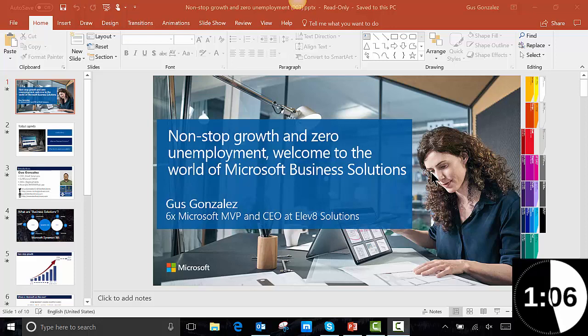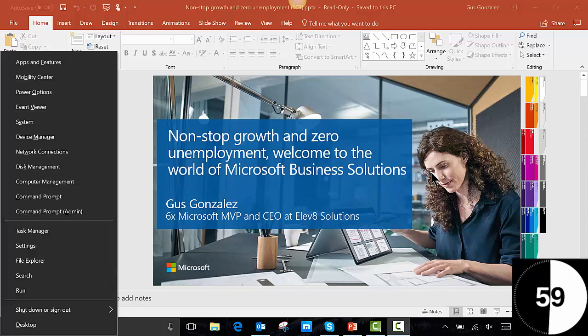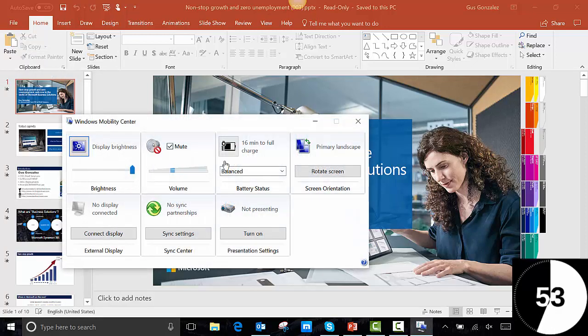So again, on your keyboard, you're going to press the Window key and the letter X. So Window X, and you're going to get this menu on the left side of your screen. Here we're going to click on Mobility Center, and here you're going to click Turn On to turn on presentation settings. When you do that, your computer immediately will go into presentation mode, which means it turns off